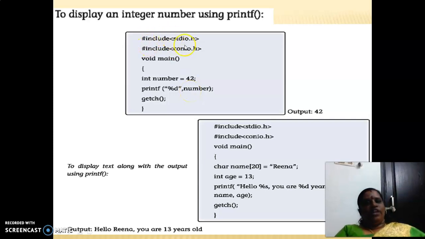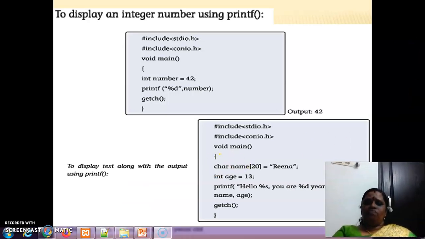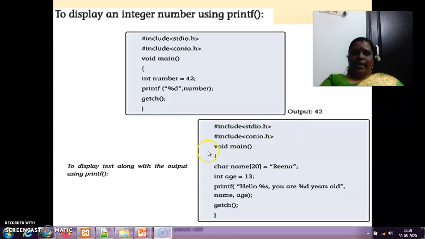Include stdio, include conio, void main, int number = 42, printf %d number. This is for displaying your integer as the output. To display text, take int age and char name up to 20, say Reena, age.